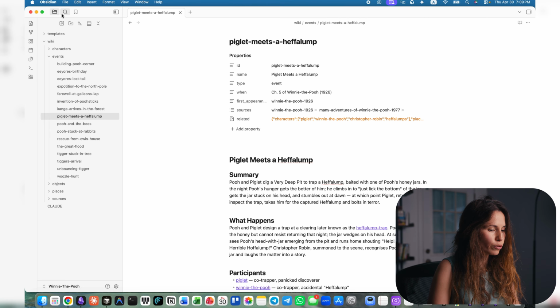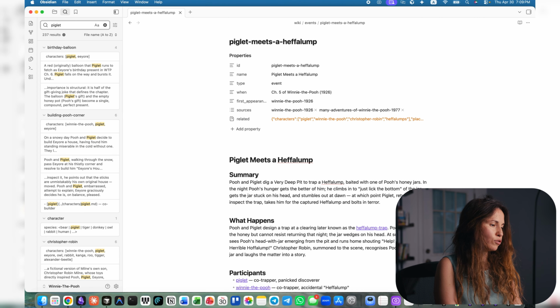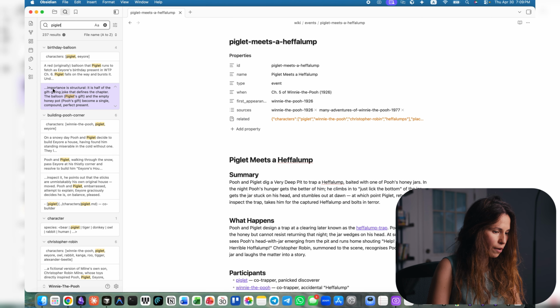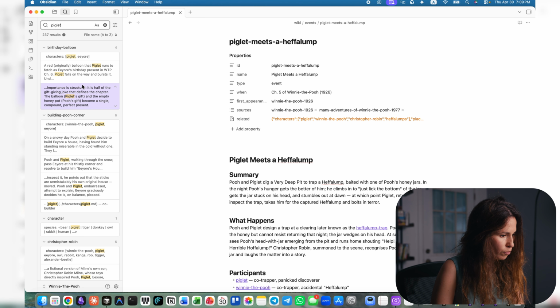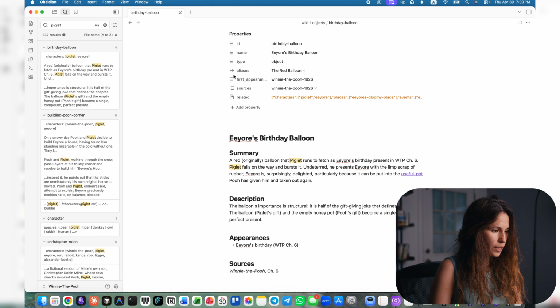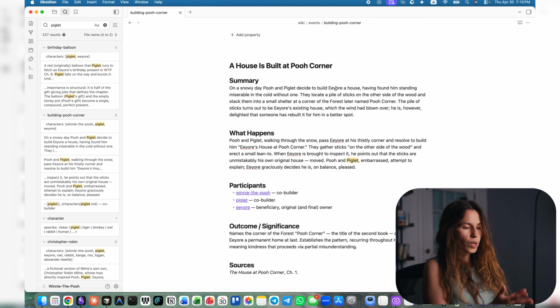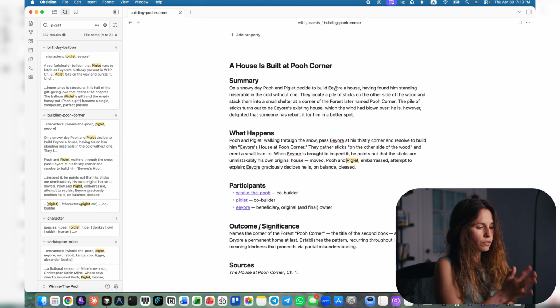Here is where this gets genuinely interesting. Everything I have shown you so far is worth the setup. But Obsidian has 3 features that turn this pair into something else entirely. First, universal search. Let's try to find everything related to Piglet. And here, Obsidian searches every file in the vault instantly. Full text, all metadata. We can click those links and get the files. If Claude Code wrote something 3 weeks ago in a different folder, you can find it in 2 seconds.